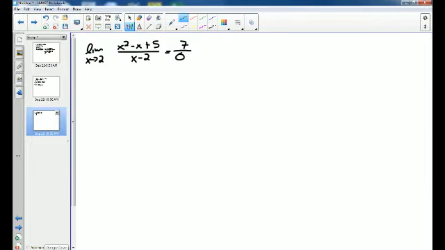Because it's not an indeterminate form. So be very careful. Don't do any algebra here. This is where a lot of people trip right off the bat when they're evaluating limits. If you get something of this nature, this limit probably does not exist. It's an infinite limit. Think about